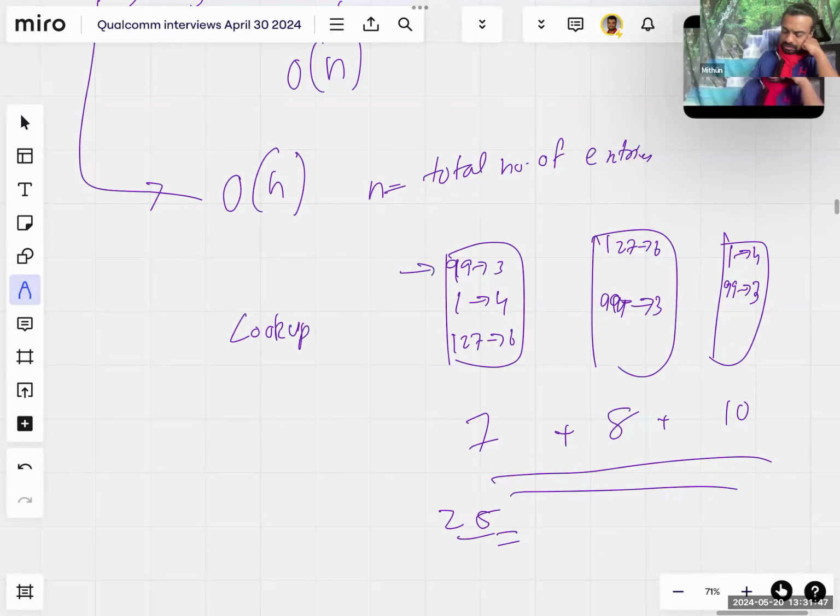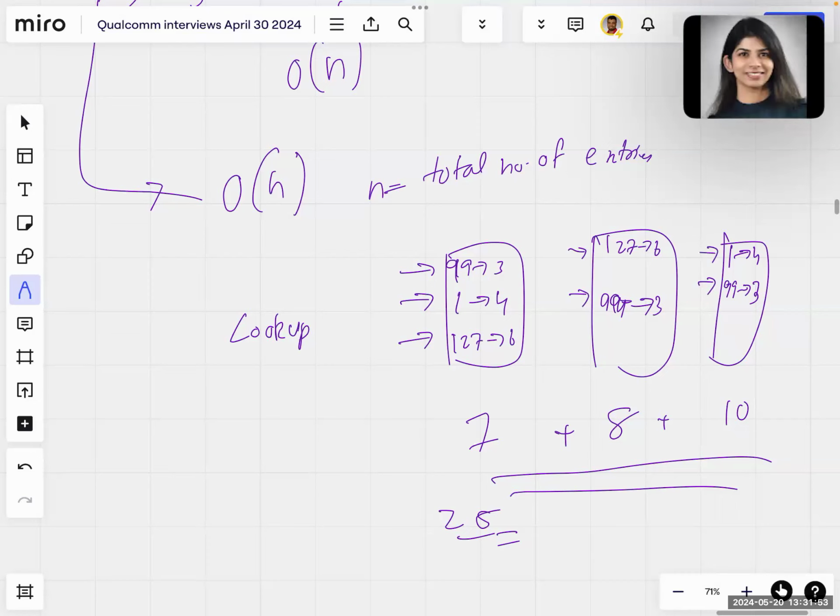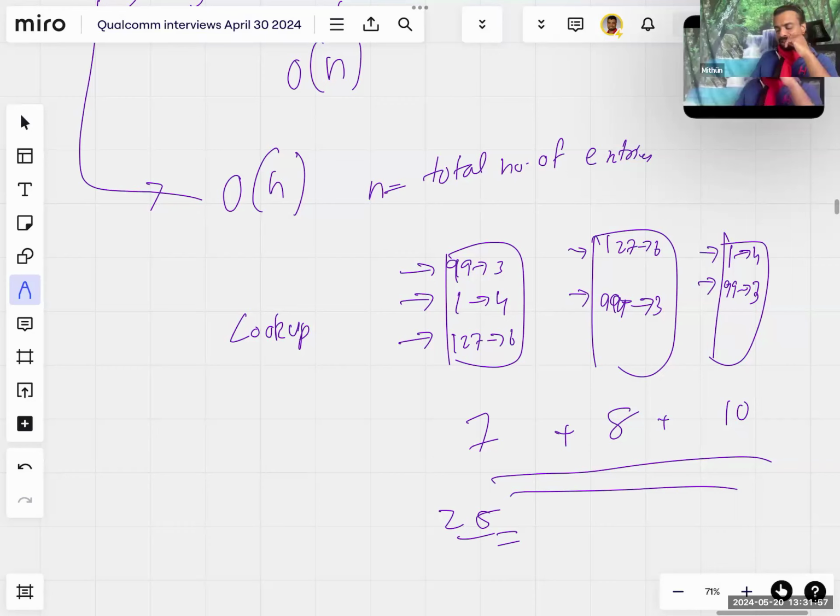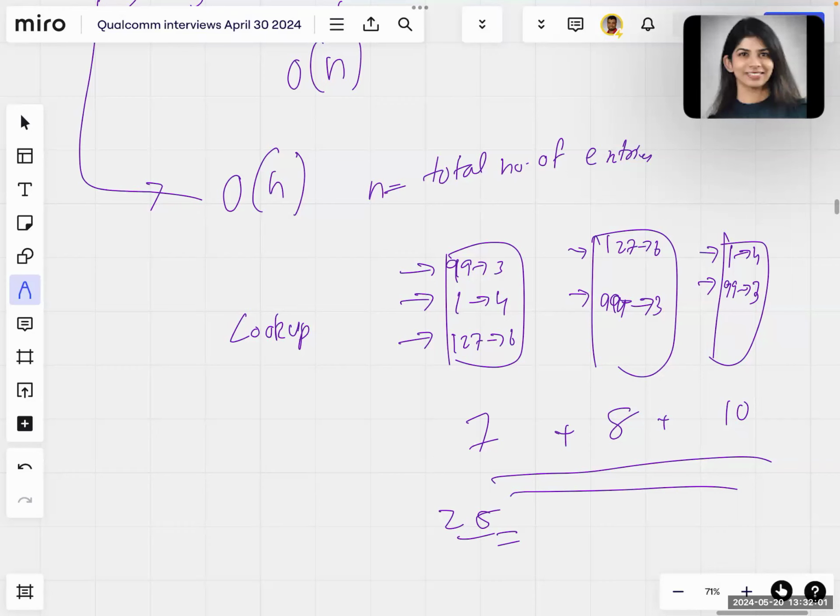So when you say look up, these are files, literally they have entries, one after the other. Like text files? Yes, text files, sitting as text files on the disk. Yeah, then